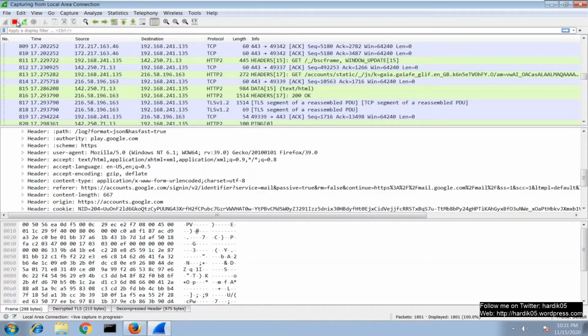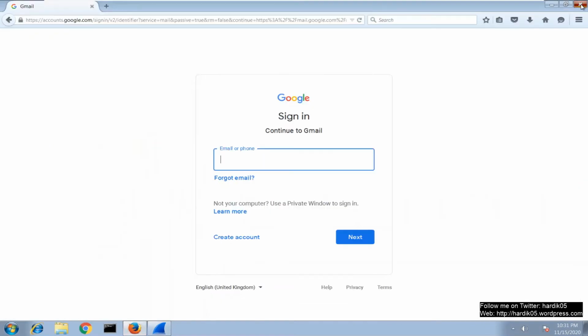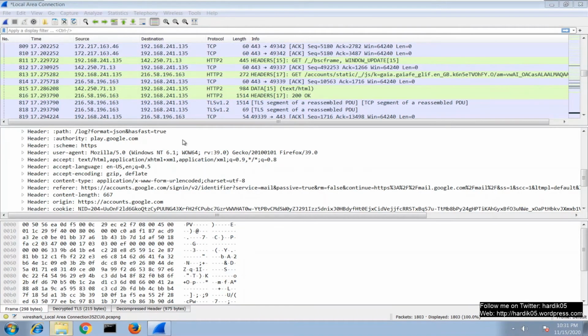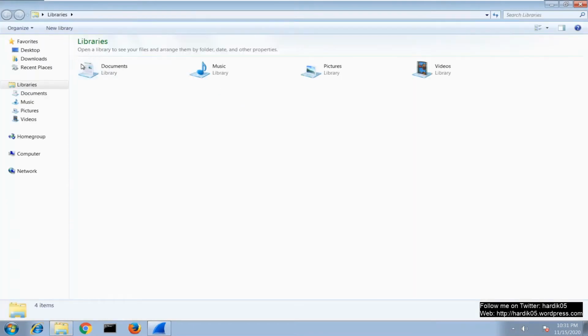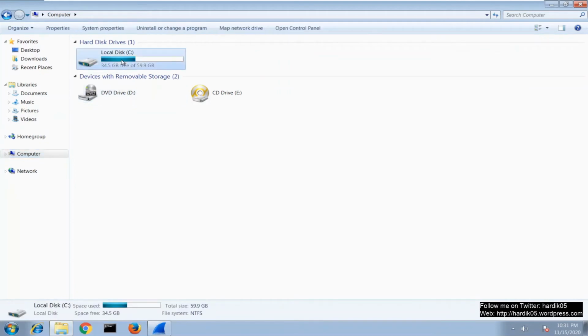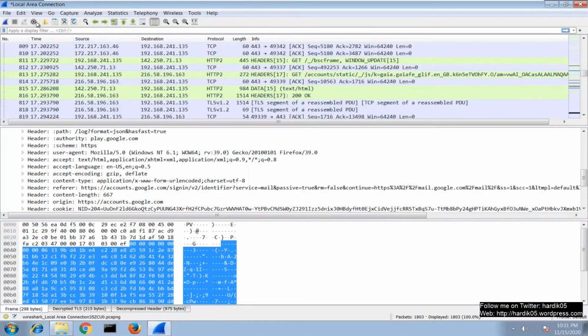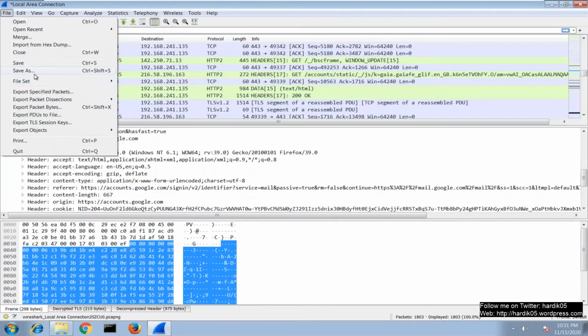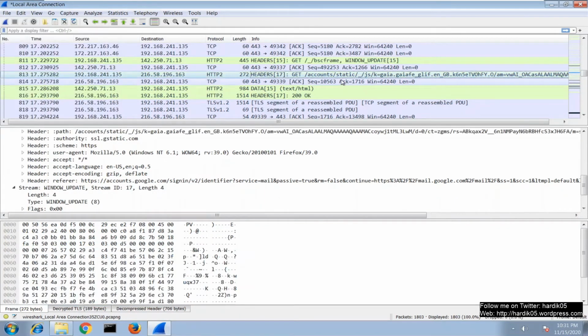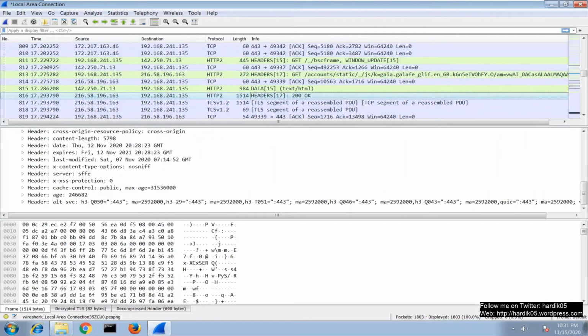And I'm just going to stop my Wireshark capture over here. And what you can do is that after you have captured this traffic, you can save this key file, so that later on if you want to share this PCAP with someone, then he can also use this key file and he can decode the traffic. Because if you simply store this PCAP, I will just show you, then it will be in encrypted form.